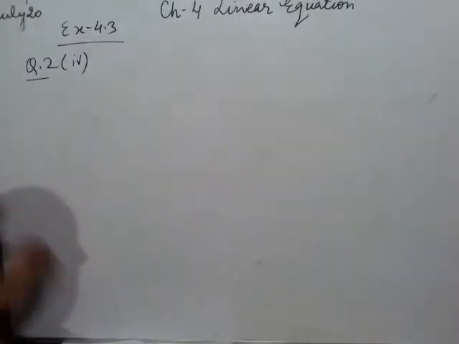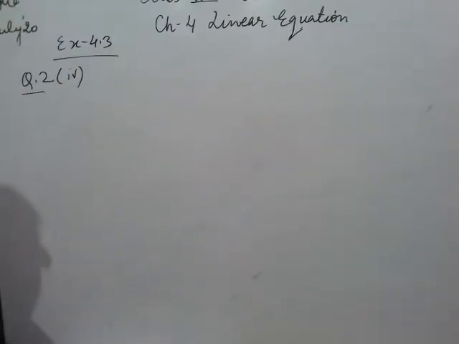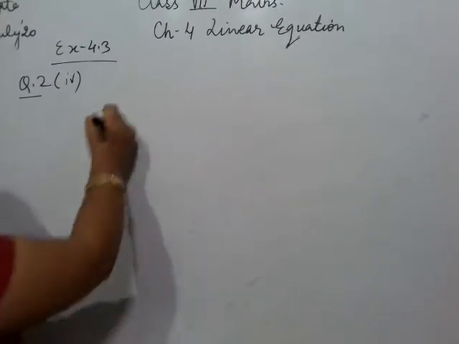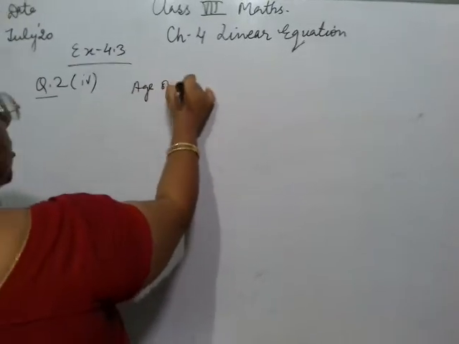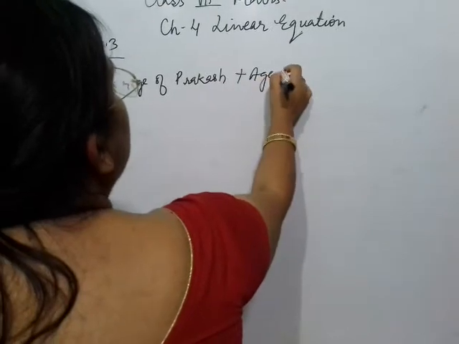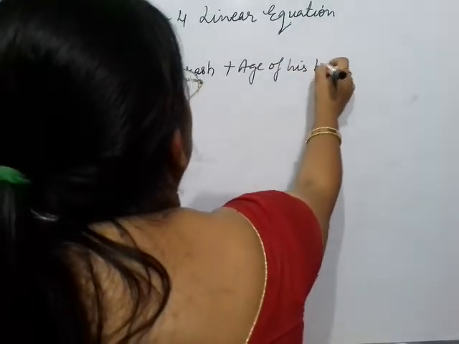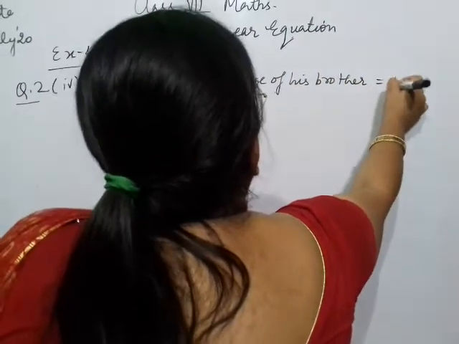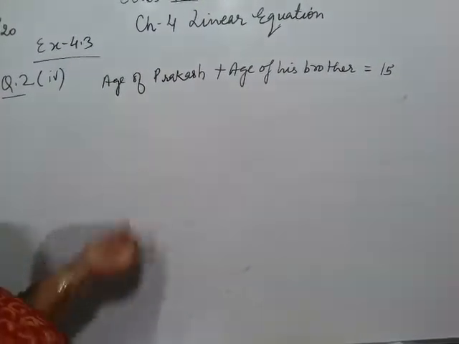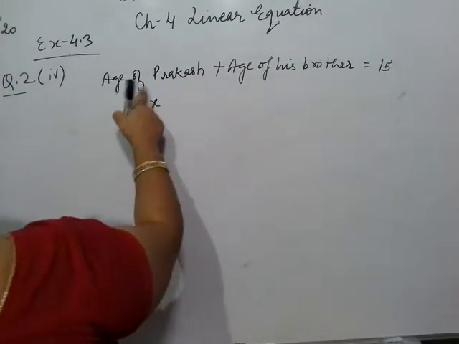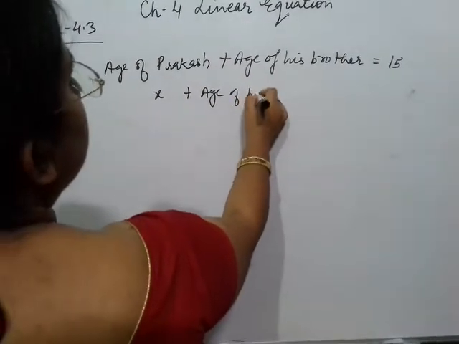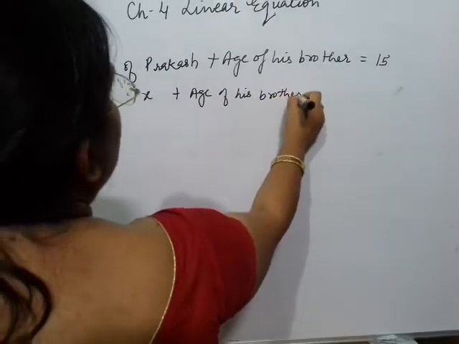Now the 4th part. The sum of the ages of Prakash and his brother is 15. Now age of Prakash plus age of his brother, their sum is given as 15. Okay. So you can let any of them as x. So if I say the age of Prakash is x, then age of his brother will be,